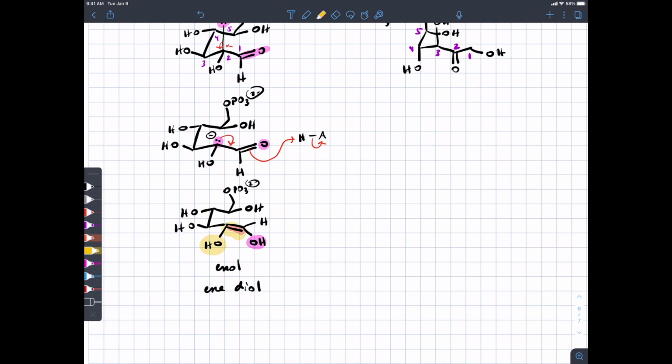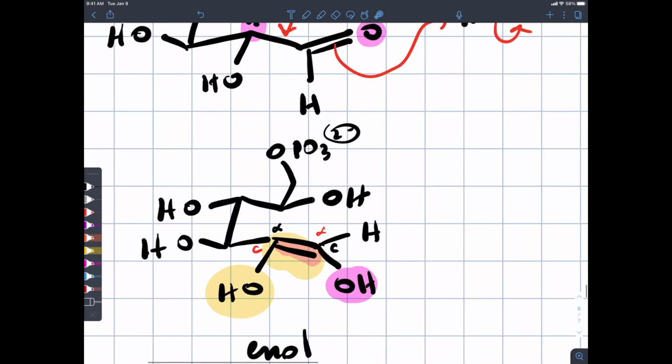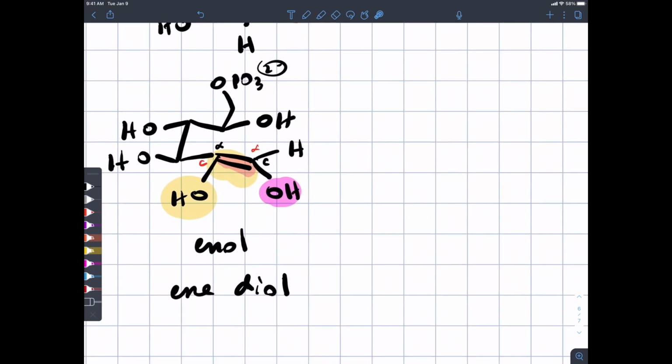Do you see that? So when I get to this intermediate, I can choose whether I want this oxygen to be the carbonyl oxygen and this to be the alpha carbon, or whether I want this oxygen to be the carbonyl oxygen and this carbon to be the alpha carbon. Do you see that choice I've got there? If I choose the pink pathway and go backwards and make the enolate and go back, that will take me back to the aldehyde. But if instead I remove a proton